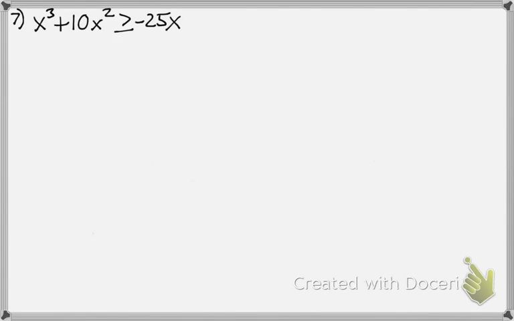Number 7 from 3.7, my first step is going to be to get all of my terms onto one side. So most of my terms are already there, and I want to add 25x to both sides. And then my next step is going to be to factor, because I'm trying to figure out where this is